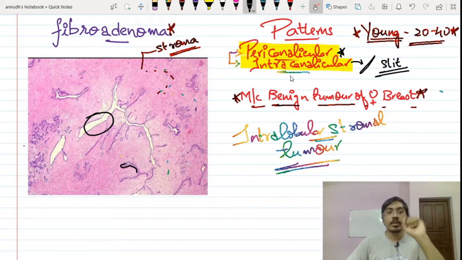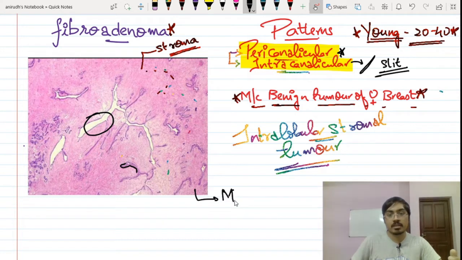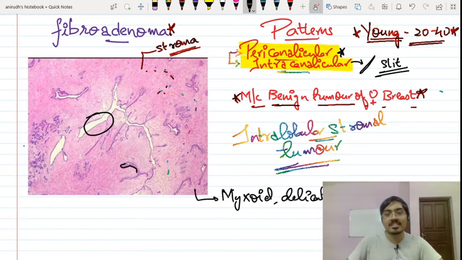Along with that, can you comment on the stroma here? Stroma is a very, you can say, myxoid stroma, isn't it? Myxoid, mucin-like stroma, a very thin, delicate stroma. So you can describe the stroma in this way, myxoid, delicate, and cellularity is very low. So I can say cellularity is very, very low in the stroma here. So it's just a myxoid, mucus-like, very delicate, slightly basophilic also. Cellularity is very, very low over here, and this is how a typical fibroadenoma section will be presented to you